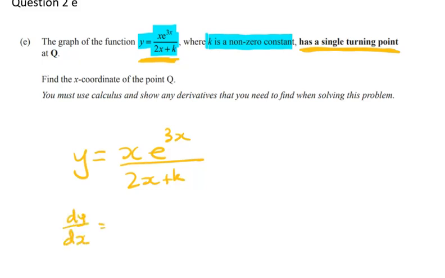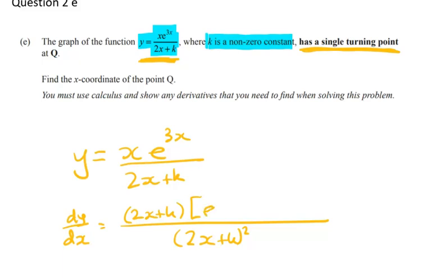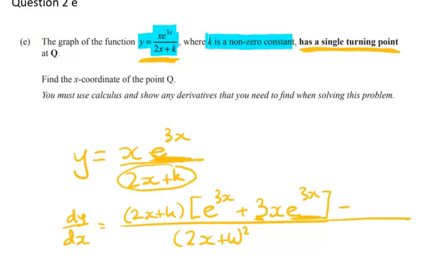So off we go with our quotient rule. dy by dx gives me this. I get (2x plus k) squared, we'll plonk that up the top, (2x plus k) times the derivative of x e to the 3x. Now using the product rule, that's going to give me e to the 3x plus 3x e to the 3x, right? The 3 and the e to the 3x are coming from differentiating that. And now I have to subtract the derivative of this. So I get 2 times